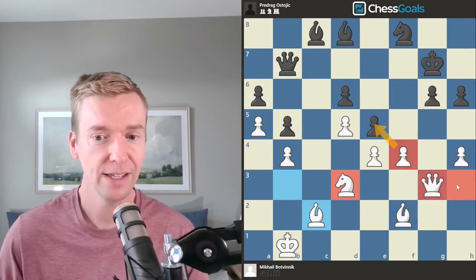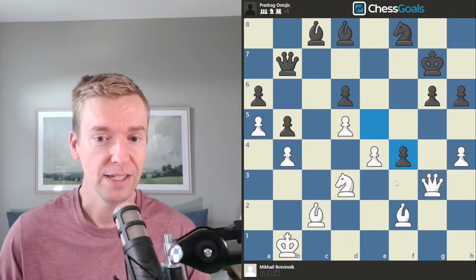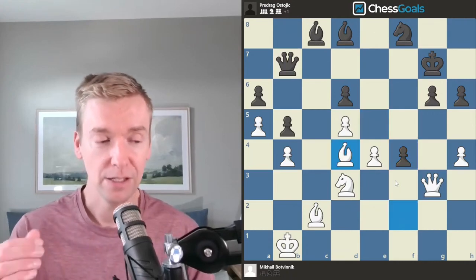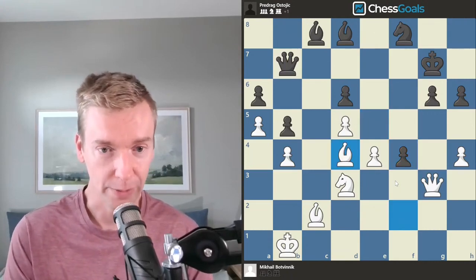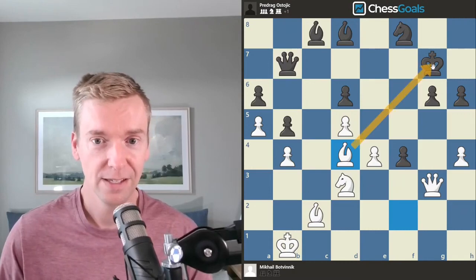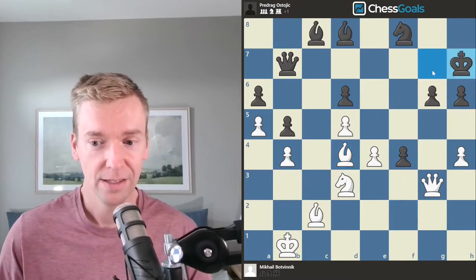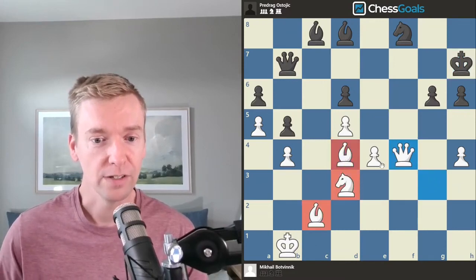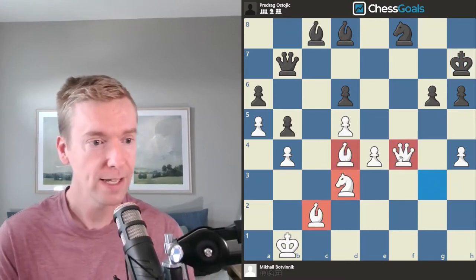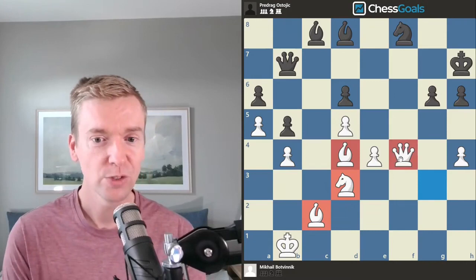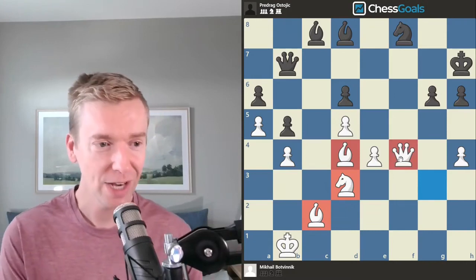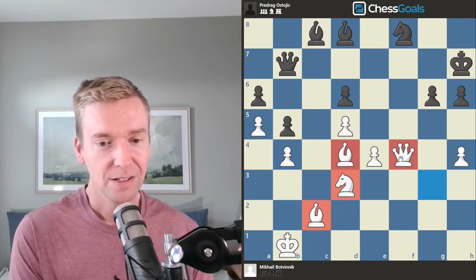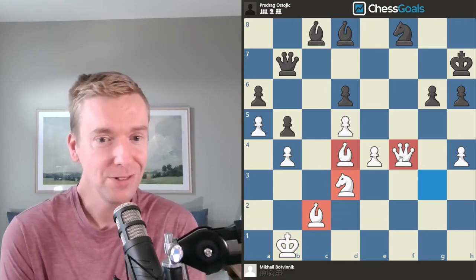3 attackers on it. Now, after e takes f, we can start to see the black king becoming more and more in trouble. Look at this diagonal towards the king. King moves, queen takes f4. All 4 of Botvinnik's pieces are ready to launch into the attack. So essentially, Botvinnik somehow traded off all the pieces that didn't matter, was left with 4 pieces ready to attack,